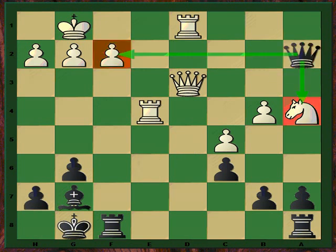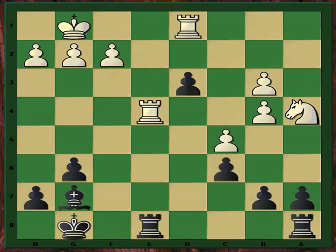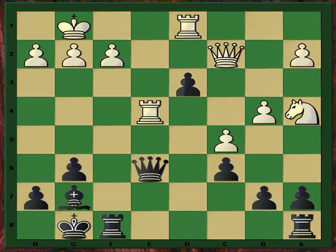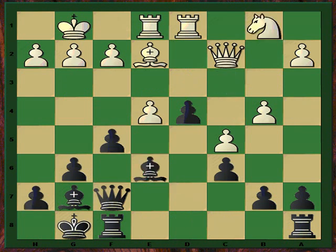So here queen b3, queen takes, and now rook f e8. Very nice move. After rook takes, g3, rook d8, idea of rook d4 and rook takes on b4. This is a silly line, very bad for white, so knight b1 of course is better, but then bishop e6,